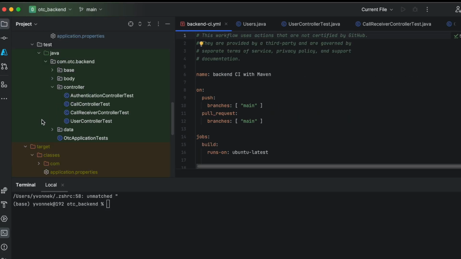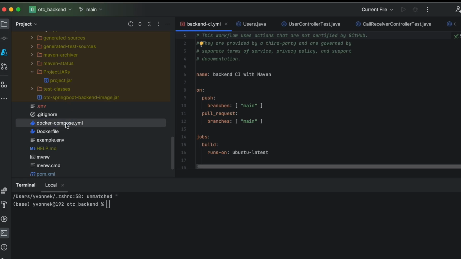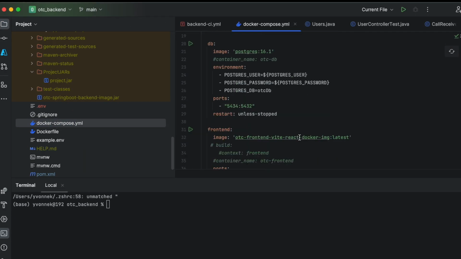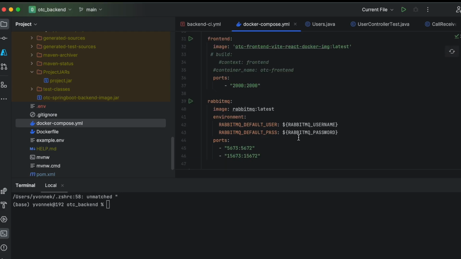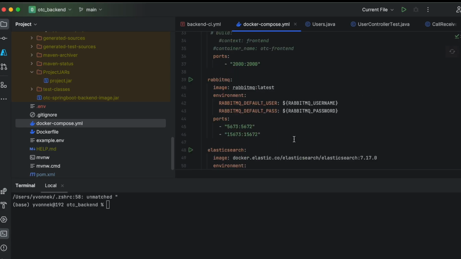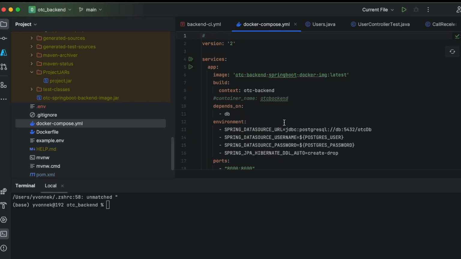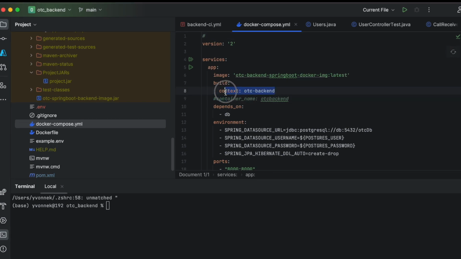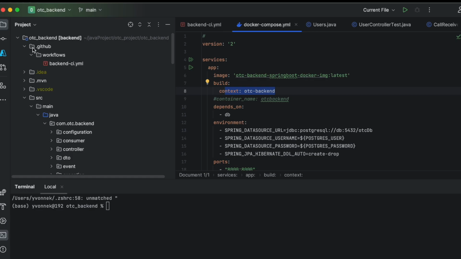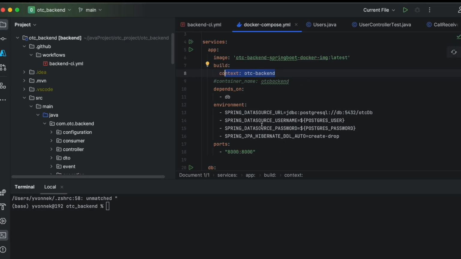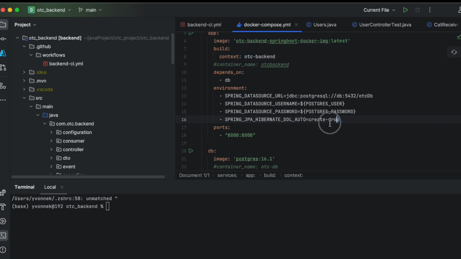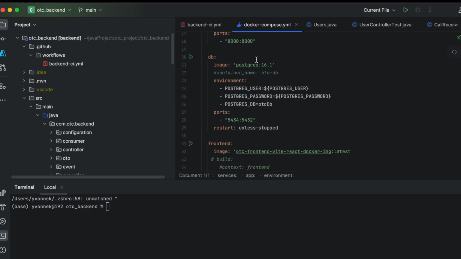So I do have a Dockerfile and a Docker compose file to docker up and docker down every time I want to run things in a flash, locally. So basically, I say take this image. I've deleted some of these images because I kept creating a whole lot of stuff. And I say take the context of OTC backend, and OTC backend is basically the project itself, and this is the database I want to use,